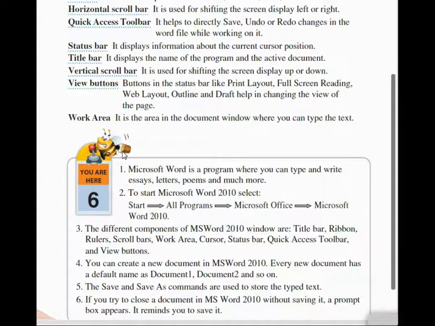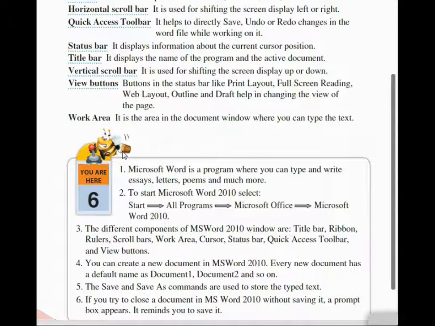Clear? Status bar. It displays information about the current cursor position. Title bar. It displays the name of the program and the active document. Vertical scroll bar. What is the use of vertical scroll bar? It is used for shifting the screen display up and down.